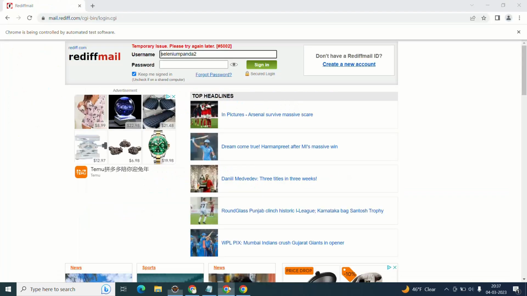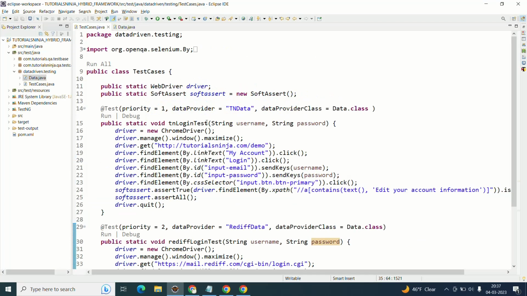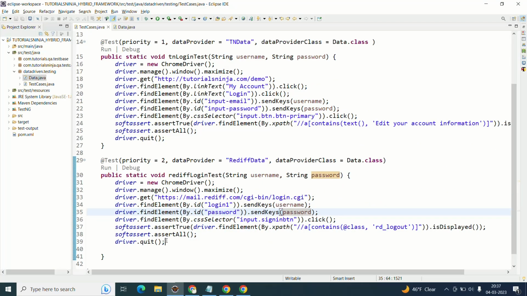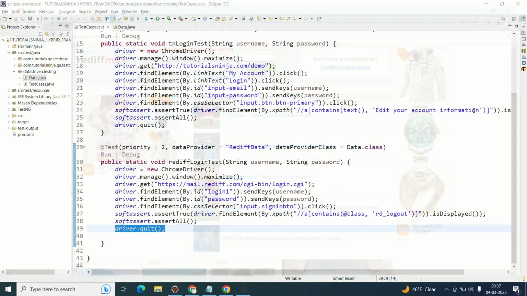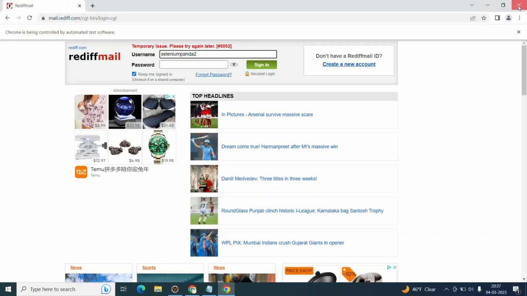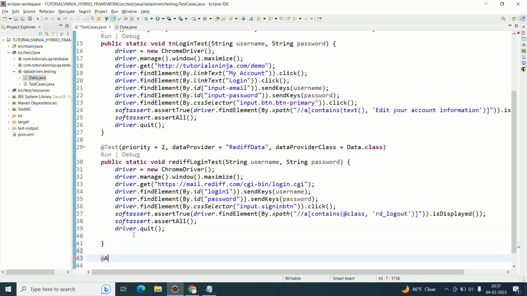But now the problem is the browsers are not getting closed. Can you see here? Even though I have given driver.quit, the browsers are not getting closed. Technically speaking, what do I need to do? You can do one thing. So now let me manually close the browser. If you deliberately want to close your test case even though they pass or fail, you can do one thing. You can write after method